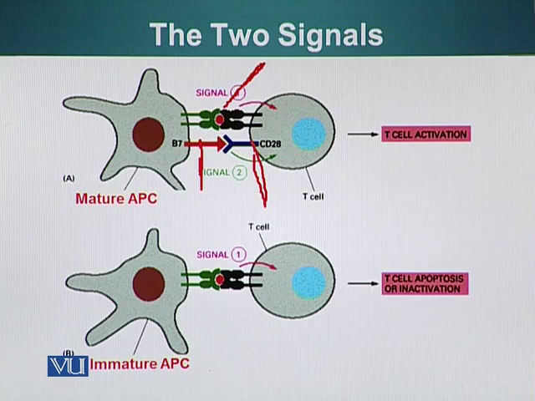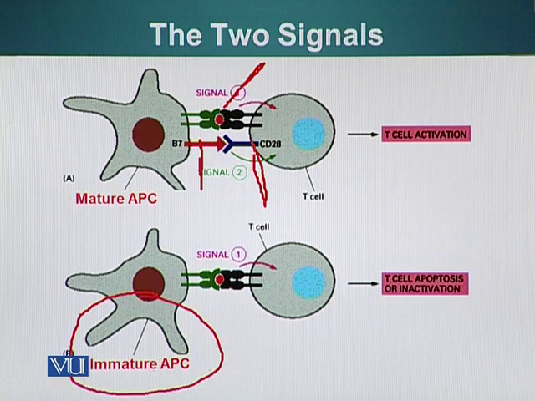If a T cell tries to become active by just one signal, that T cell will be destroyed. It will go through apoptosis, because this T cell was recognizing a peptide fragment that was actually a self fragment. Since this APC is immature, it is not displaying B7. That only happens when an APC has engulfed a pathogen. So this implies that T cells that are reacting to self antigens are destroyed, because these APCs were not